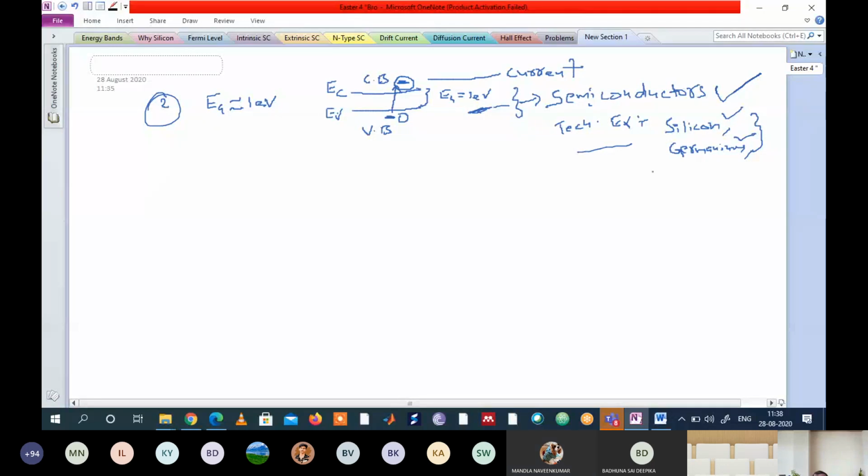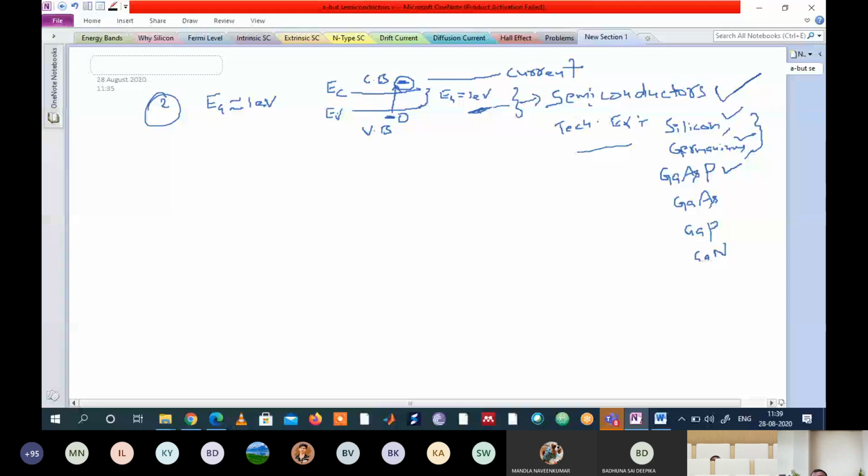Diamond is not a compound. Gallium arsenide phosphide is a compound crystal semiconductor. If you mix two single crystal semiconductors, it will form a compound crystal semiconductor. There are other compound crystals, such as gallium arsenide, gallium phosphide or gallium nitride. So these are all compound crystal semiconductors. This is the example of single crystal and compound crystal semiconductors.